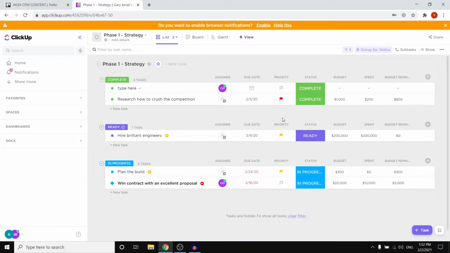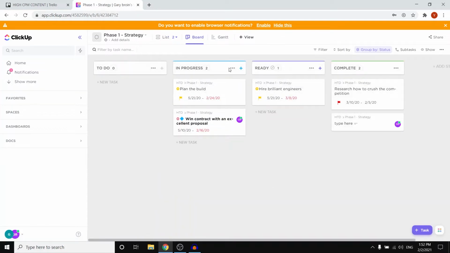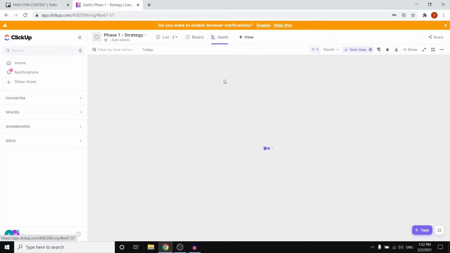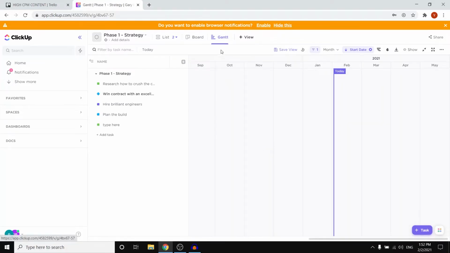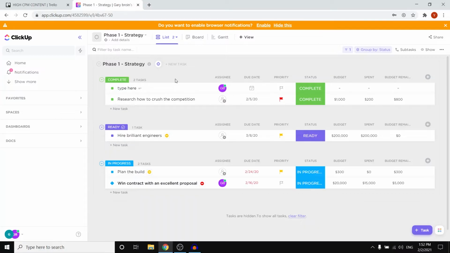Basically how this works is that this is your main workspace. As of right now, I'm viewing this as a list, but you can also view it as a board, which will then look like this, or as a Gantt. I'm not sure how you pronounce it. Anyway, I wouldn't use this. I would always go with lists because, as you can see, it gives you a great overview of what's going on